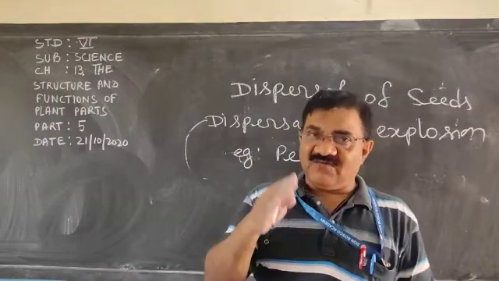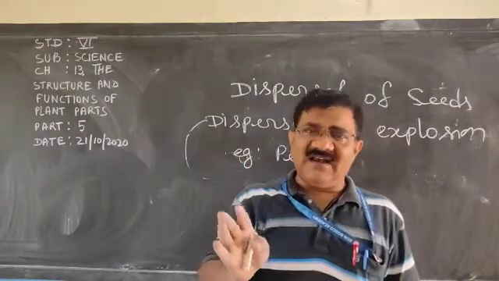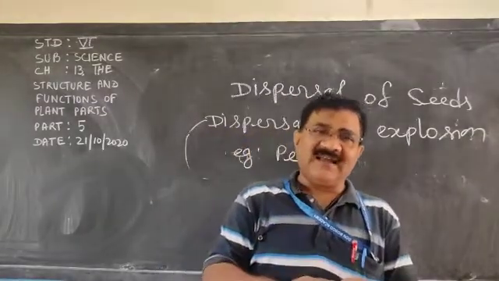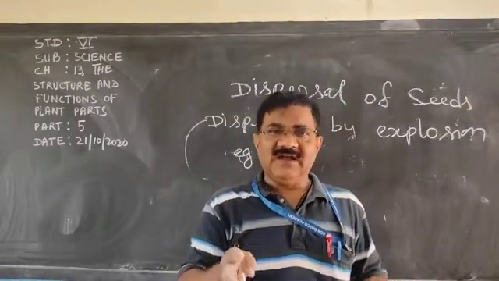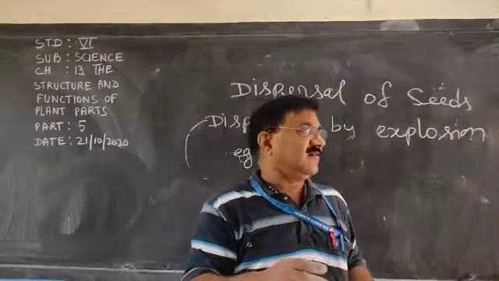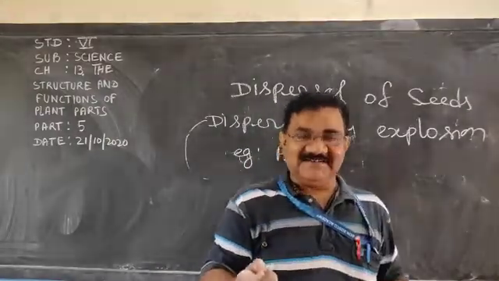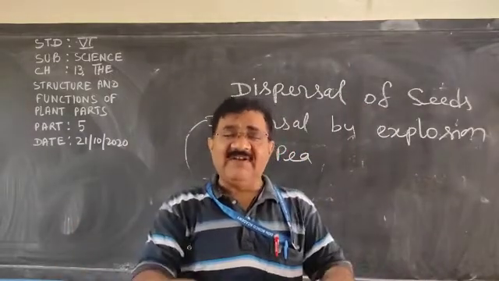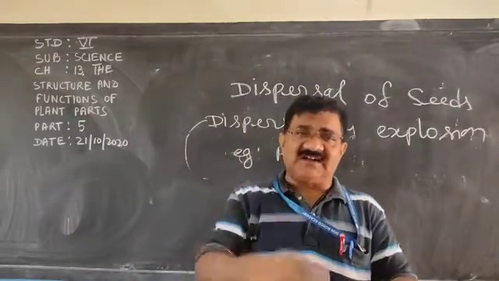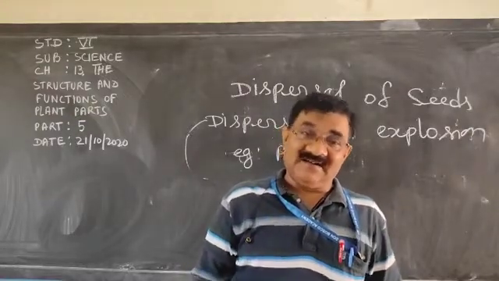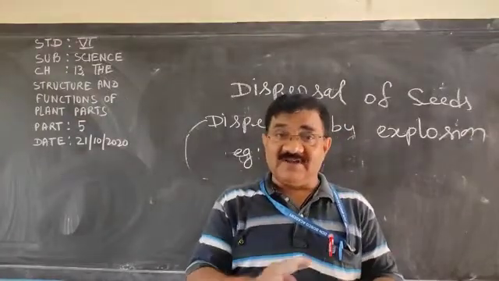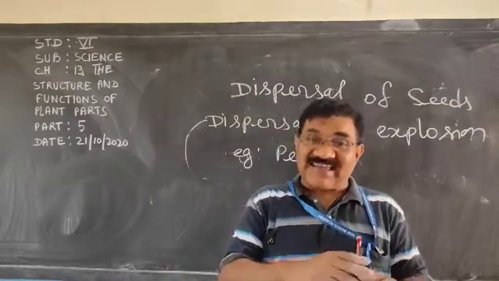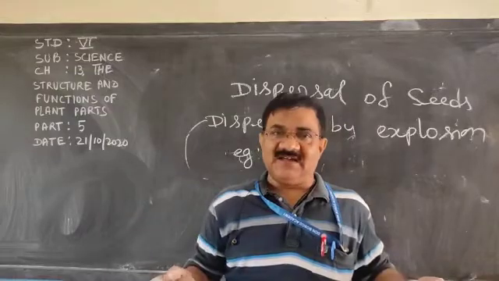So, dear children, what have we discussed? We have already discussed about the seed. In seed, what are there? The seed coat, endosperm, cotyledon, plumule, radicle. Okay. And if all the seeds will fall just under the parent tree, none will grow properly, so they must be dispersed. Okay, must be scattered from one another.